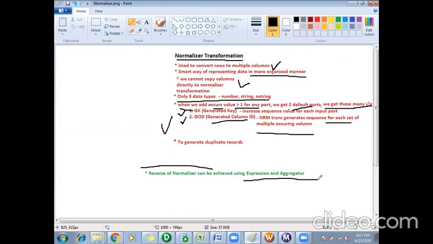So we can achieve denormalization in Informatica using expression and aggregator. We'll just quickly see this and we'll end for today. That will complete the normalization transformation.